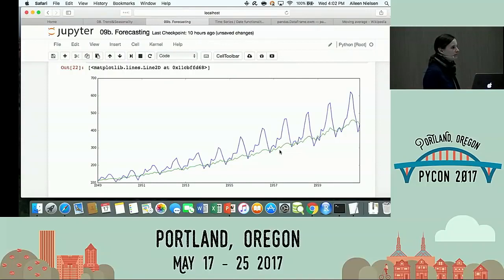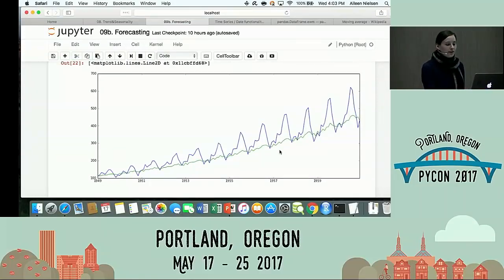Why is that? Should I expect it to? Not really. There's this multiplicative aspect that I haven't accounted for in the seasonality, and also the fact that I'm really trying to model a stationary process. So with an ARIMA model, I differenced it, so I dealt with the trend, and I can build that back in, but I didn't really factor in the changing variance and the changing seasonality. So that is the limit of a basic ARIMA.